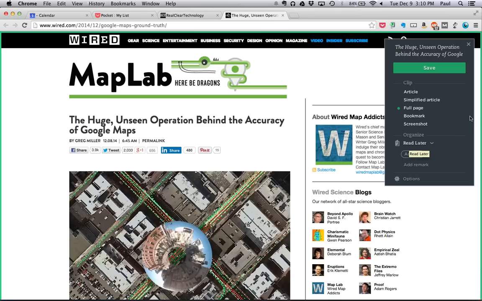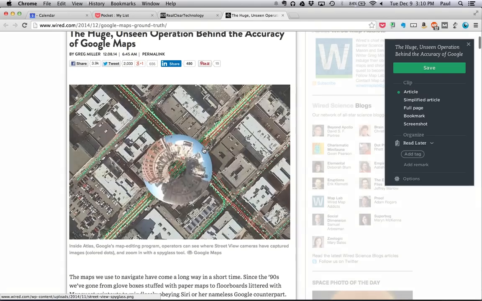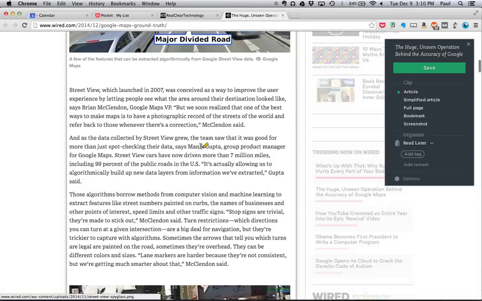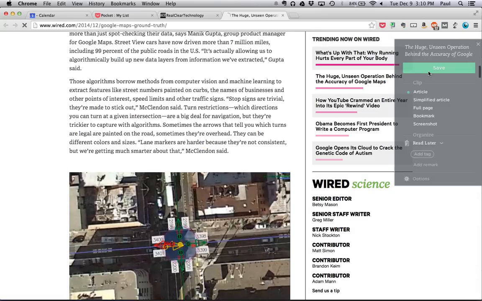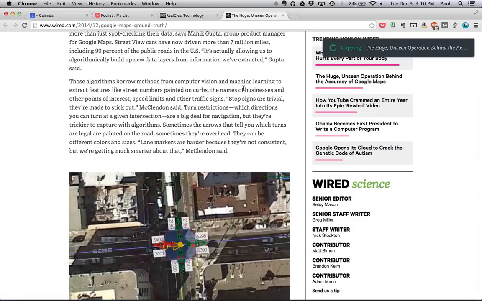Now, Evernote organizes things into something, instead of folders, they call them notebooks. So let me explain what I mean by that. This is one notebook called Read Later. So I could just say, all right, save the article. It'll recognize this is just the portion of the page that is the article. I can hit save, and that is now clipping the page, and it is clipping it specifically into my Evernote account.